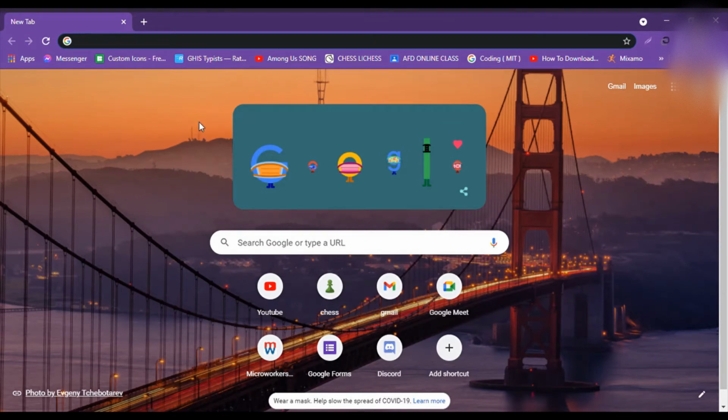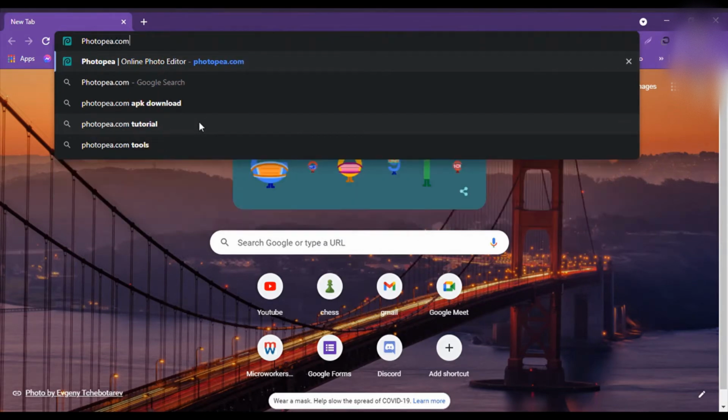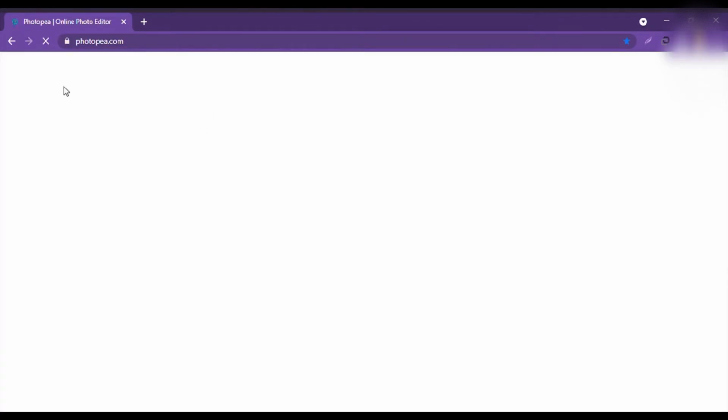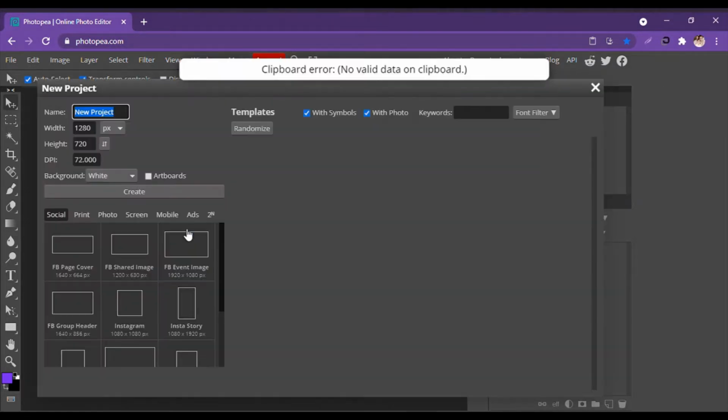So we're going to type in photopea.com. The link will of course be given in the description box below. So now we should paste like this. The ones who don't have Photoshop installed on their desktop or PC can use Photopea. Then we're going to click on new project, and